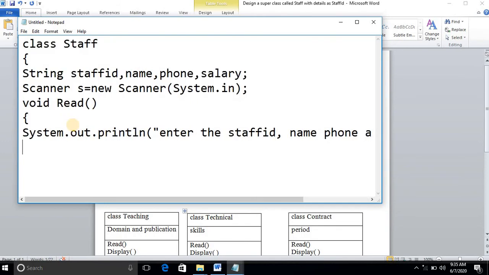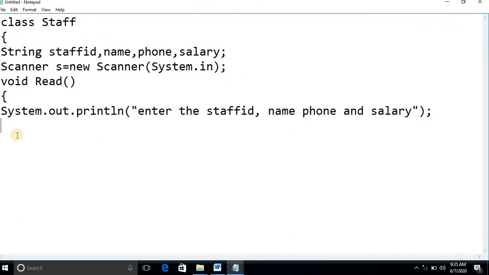Okay. Now after this, how do you read it? staffID is equal to s.nextLine(), correct?